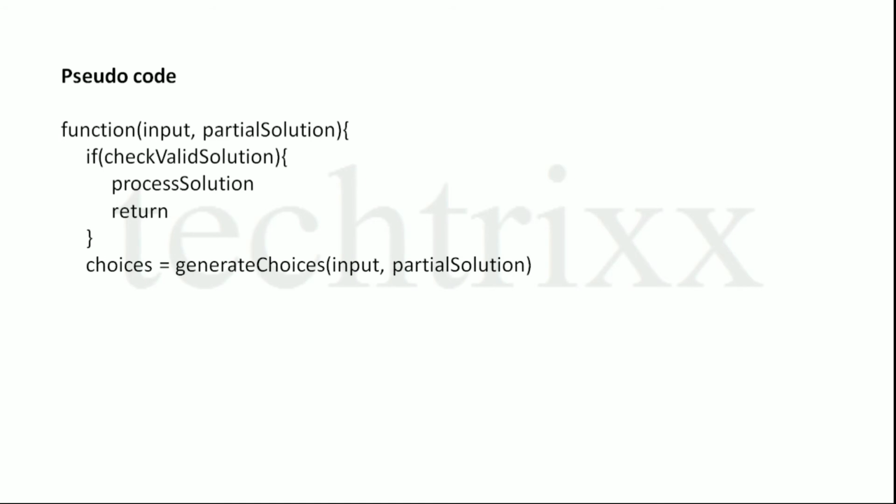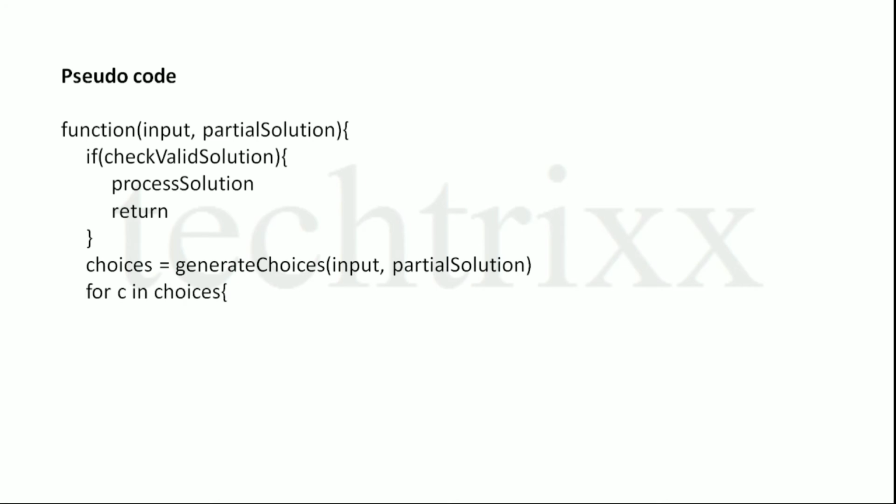Let's take a look at a generalized pseudocode that can be used in any backtracking problem to generate the possibilities. So we have input parameters that can be an array, index, or any property that defines the state of the system, and a partial solution that generally is a one-dimensional array. At first, we will check if our partial solution is a valid solution or not, and if that is a valid solution, we will process the solution. Here process means either we will print the result or we will store the results in some variable and then return. If the partial solution is not a valid solution, then we will generate all the available candidates.